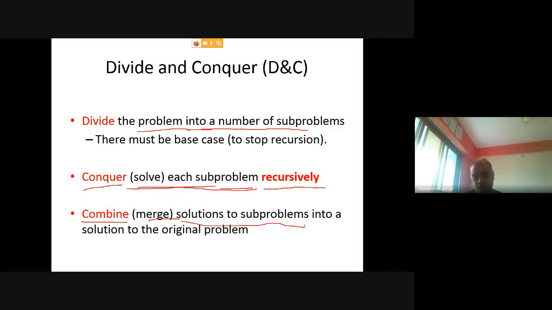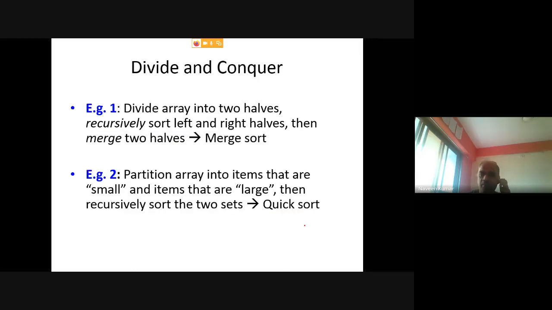This is the idea. So divide your problem into a number of smaller sub problems, assuming that the sub problems are easy. When all sub problems are solved separately, combine them to get a solution of that bigger, actual problem. This is the approach we are using in writing divide and conquer kind of algorithms. Fine. So this is an example.